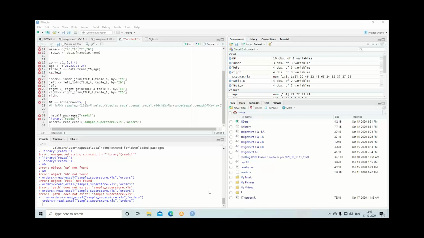I do not see that file over here, right? How to download that? No file, you downloaded, right? The file is downloaded, correct? I have put that readxl in my library. But have you downloaded that sample Superstore file? I have not downloaded it, I guess. So you have to download it from the Google Drive link. First I have to download it. Then you have to put that file into a folder. Yes, you will have to keep that file in a folder.